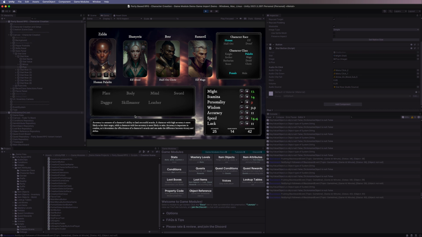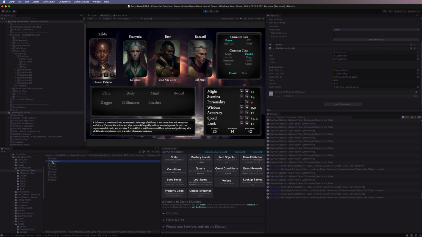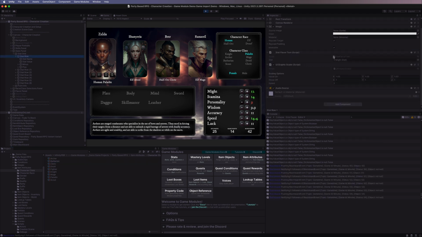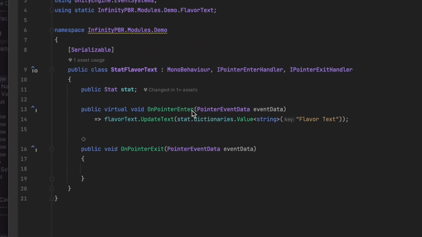And finally, we have the flavor text here. When we hover over any of these, the flavor text gives us some nice information about the stats, the skills, or the character class and race. And these use the dictionaries module. If we look down into our item attributes here, we can look at our barbarian, go to the dictionaries, and we can see that the flavor text is right here. And each of these elements have a component on them, and we'll set the flavor text whenever onPointerEnter is called